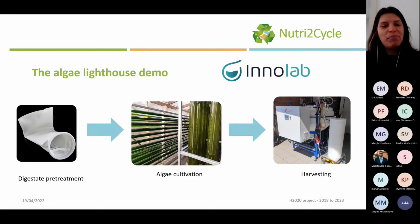So we do need a pre-treatment step to make them suitable for algae cultivation. I will be explaining this in a short minute. Once digestate is pre-treated, we feed it into our algae cultivation system. And then we also have a solution for harvesting. As Reinhard also mentioned, this is a tricky part of algae cultivation, but I will also explain the new developments